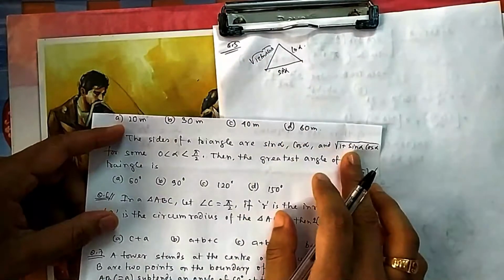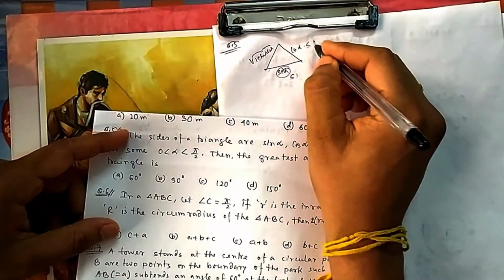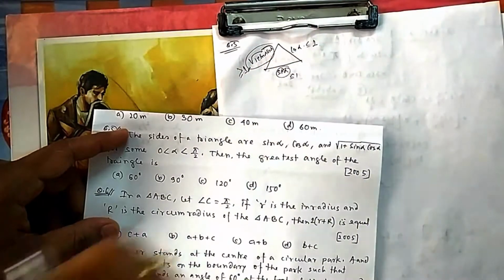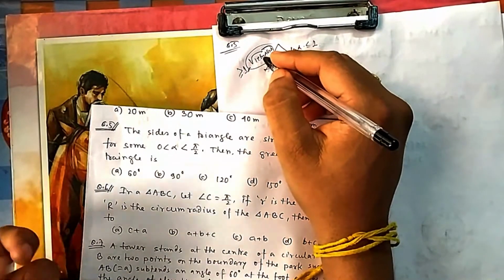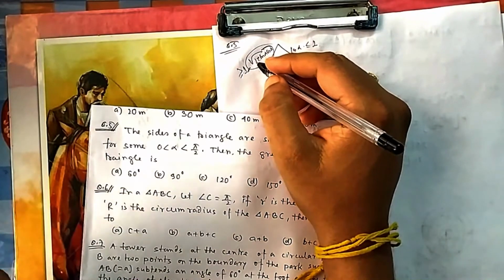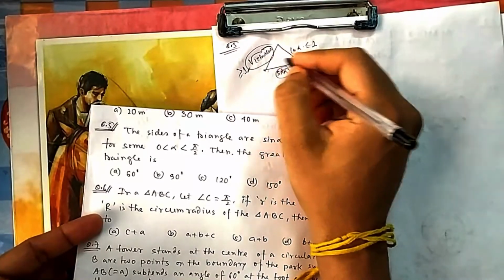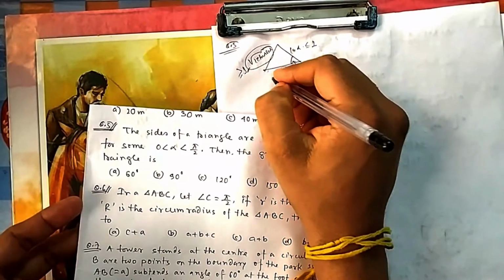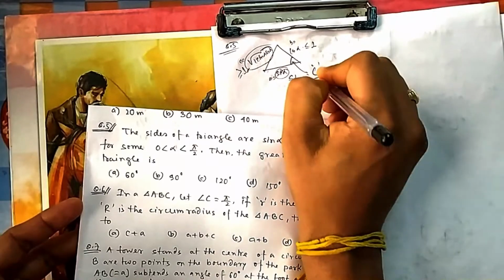So which one will be the greatest? What is the maximum value of sin alpha? This maximum value is 1. What is the maximum value of cos alpha? It is also 1. And what is the value of this one? This will obviously be greater than 1, because 1 plus a fraction will be 1 point something. So that means this side is greater than 1, and this is the highest. So the angle opposite to this side will be the greatest angle. Suppose this is my A, this is my B, and this is C. So your angle C is the largest angle.